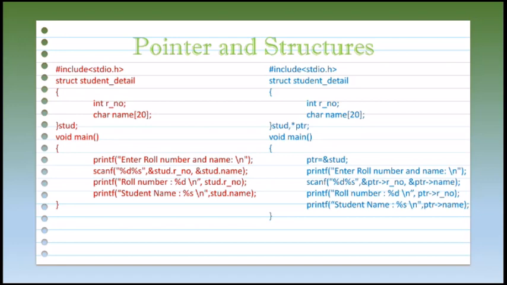Even while printing, in the first example we use the structure variable stud, whereas in the second example instead of the structure variable we use the pointer variable, and for that we use the arrow mark.